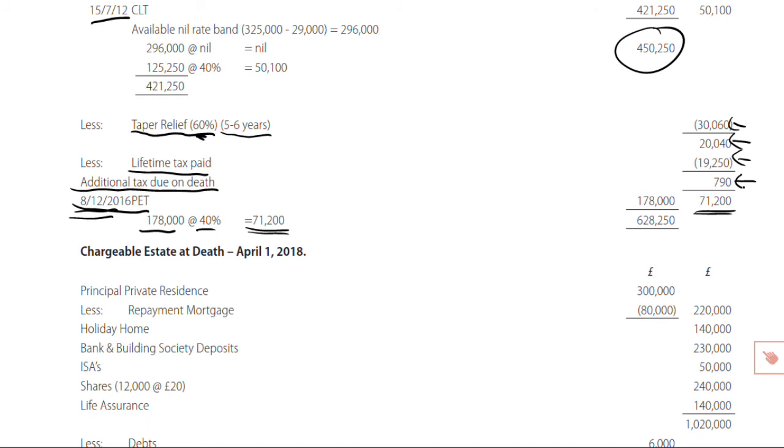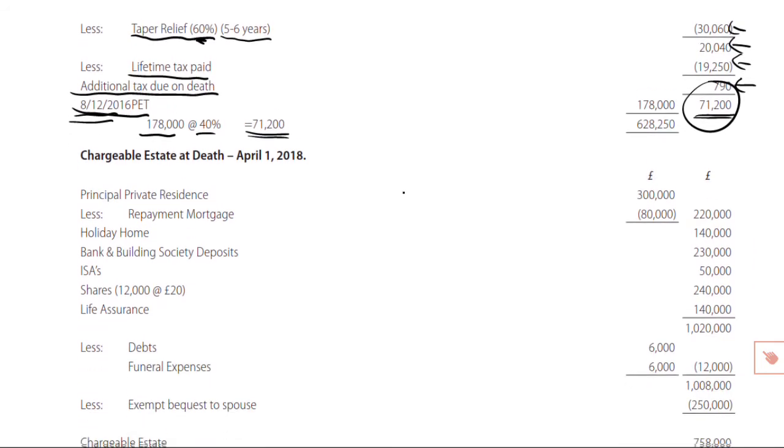The donor has thankfully survived for the requisite 7 years. This will be a bit of a shock here when £71,200 needs to be paid out. And after dealing with that, that is it now for the lifetime transfers chargeable on death, there's only one more computation required. Not that you'll have to do the formal writing out of this in an OT question, but it is